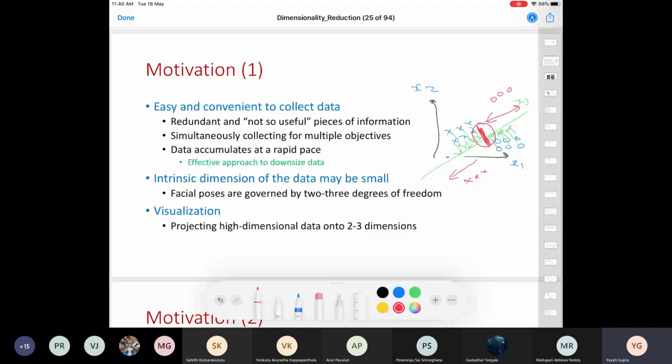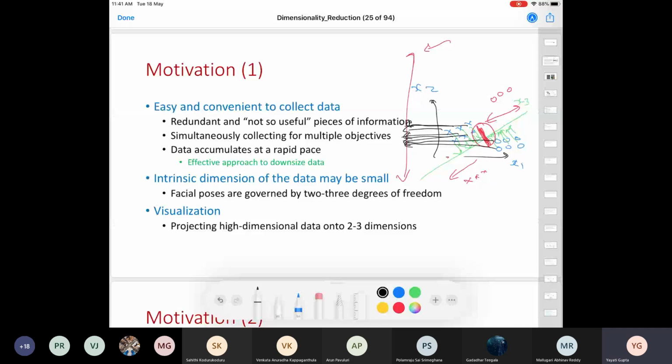set. So effectively, what we are going to discuss today is how to reduce these dimensions effectively while retaining as much information as possible. You would have asked me, what if I project the data onto say this dimension? What if I use this as my projecting dimension? Then all these x's would be projected somewhere here, and these o's would be projected somewhere here.